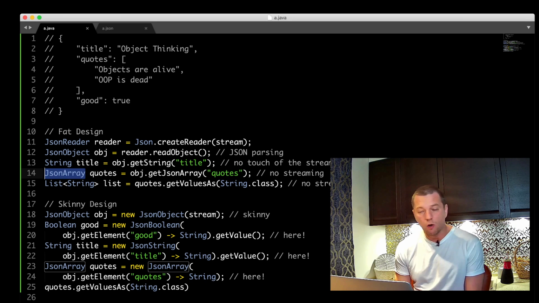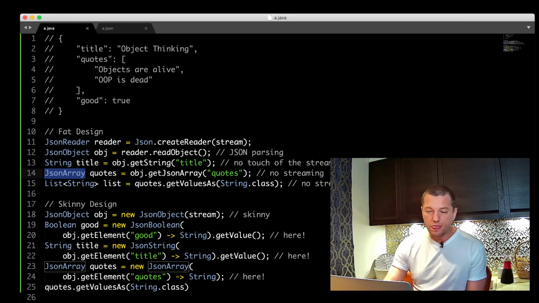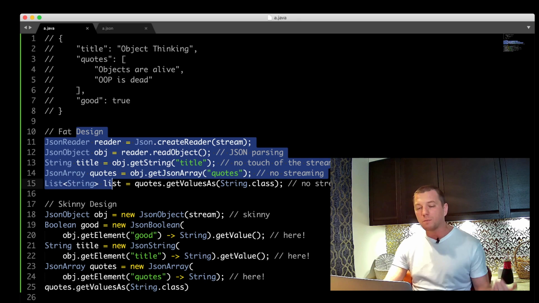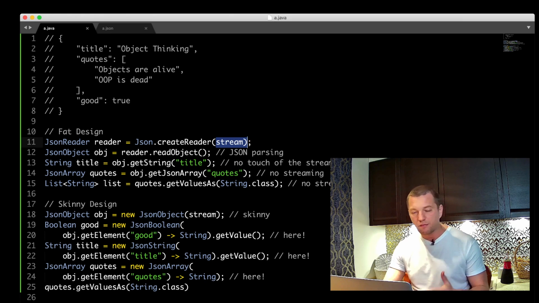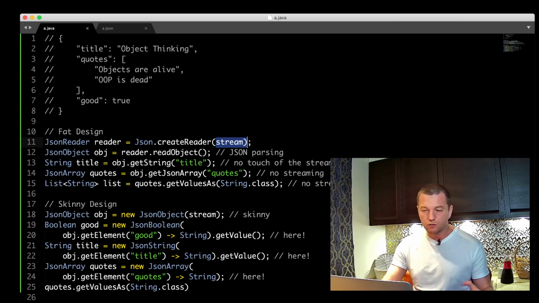We don't even know where it is. Looking at this library, we can use it for only one purpose: to parse the stream, then from this stream take an array, and then from that array take the data. It's only one specific scenario.